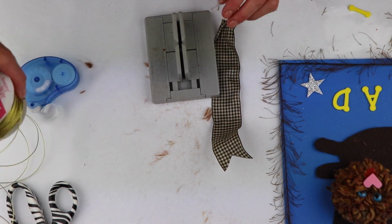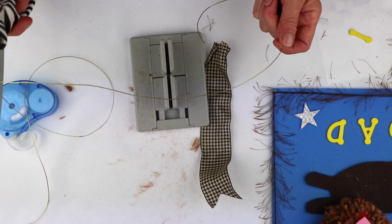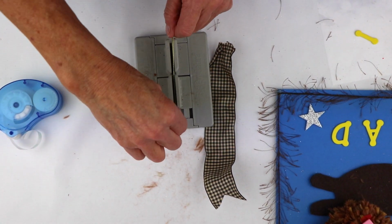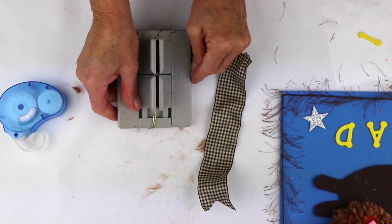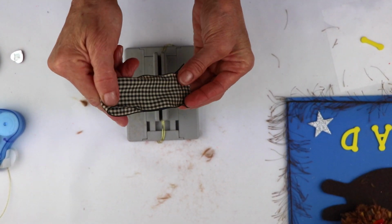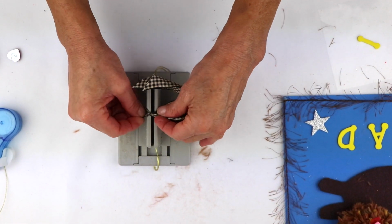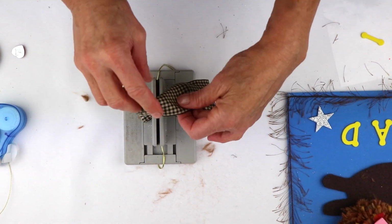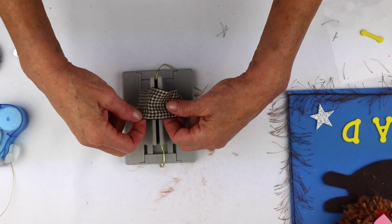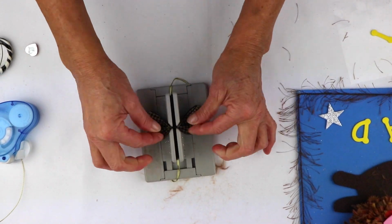So for my bow tie, I'm going to take my mini Bowdabra, and I'm just going to cut a piece of my Bowdabra bow wire. I'm gonna fold it in half, and I'm just gonna lay that down into the Bowdabra. So now what I'm gonna do is just find the center of my piece of ribbon, and I'm just going to make a real simple bow tie, just putting the end of the ribbon here, folding this ribbon back over here, and then now I'm centered, and I'm just going to do a little crease in the middle there,